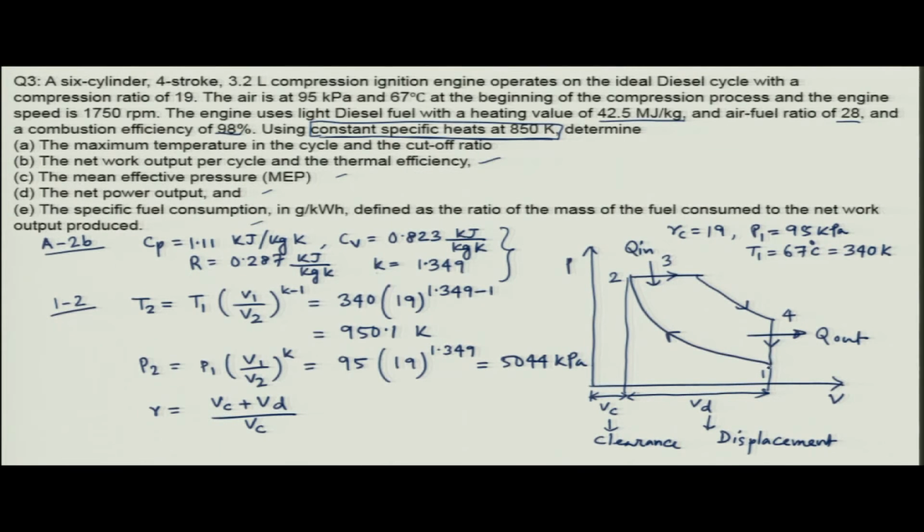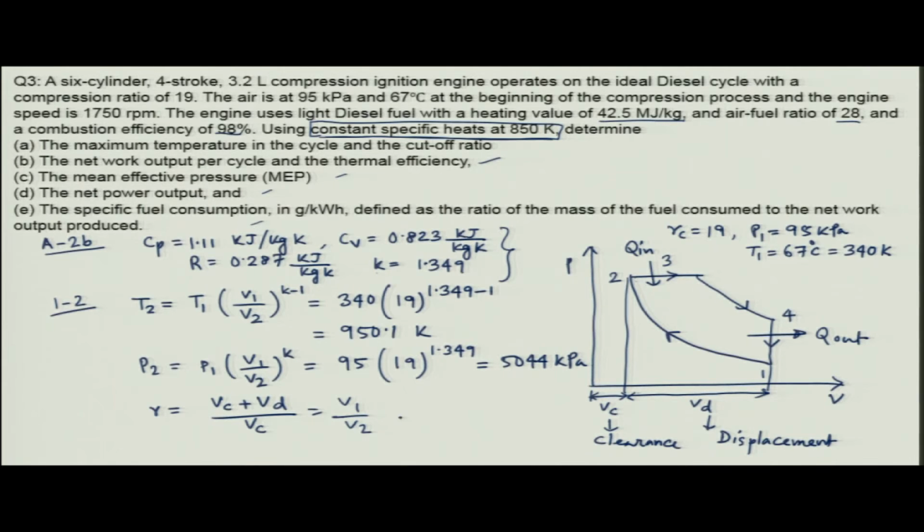Because the piston is moving from 1 to 2 and then again going back. So, between the 1 to 2 process, this is the stroke, right, and the corresponding volume is Vd, the displacement volume, and the lowest volume, which occurs at point 2, that is basically this volume, is called the clearance volume. So, R is the compression ratio which can be written as Vc plus Vd, which is basically V1, right. So, this one is basically V1 and Vc is this V2, right. So, that is the definition of the compression ratio, right.